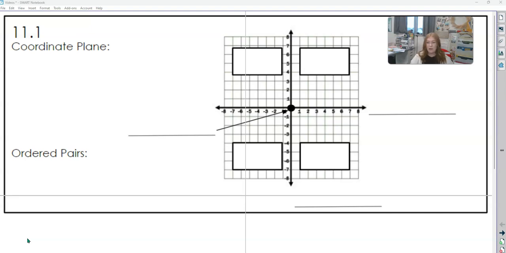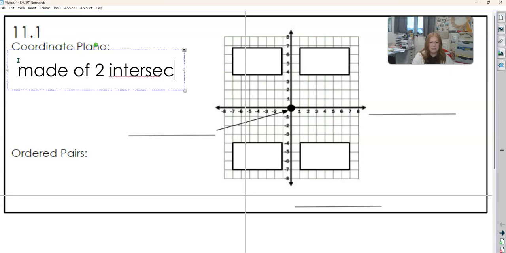For our 11.1 notes, we are going to be learning about the coordinate plane and graphing ordered pairs on that coordinate plane. So a coordinate plane is this here that you can see. This is an example of a coordinate plane. And what a coordinate plane is made up of,